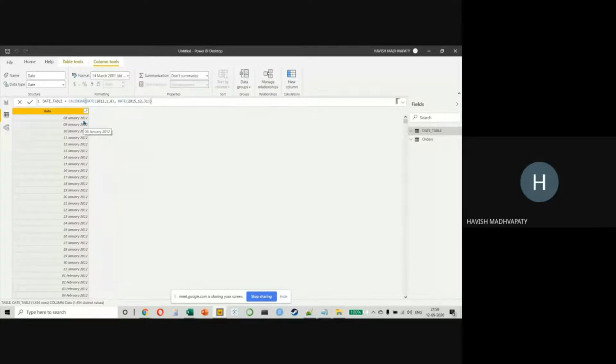But then again, there's a problem. The problem is that this is not dynamic. Tomorrow, when more records get appended, obviously you will have to come back here and change it to 2016. And I mean, why would you want to do that extra hassle? So we will do the smartest thing, which is we will use a calendar, but we'll instruct Power BI to